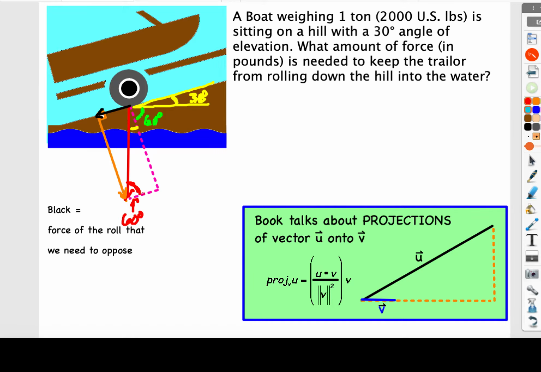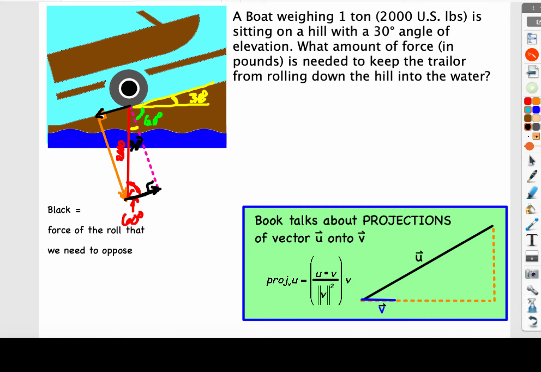We also know that the boat is weighing 2,000 US pounds. So that red vector is going to have a magnitude of 2,000. Let's see if I can write that on here. That's going to be 2,000 on there. And it means that all we need to do is find the length of this vector going on there. Well, we've got the hypotenuse of a 90-degree right triangle. We've got that 60-degree angle to work with, or the 30, either one works. And we're trying to find, let's go ahead and go from the 30 up here,